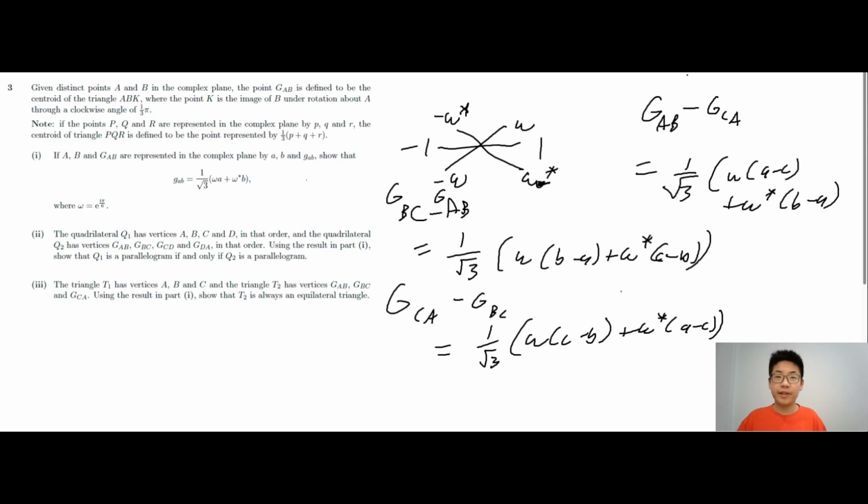So we are going to figure out how to cancel omega star c minus b and omega c minus b. So if you rotate this from omega star, you get omega, and you get omega star b minus a, and if you get omega a minus c, you can rotate it